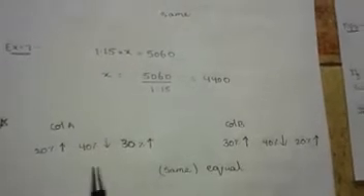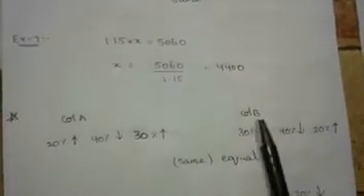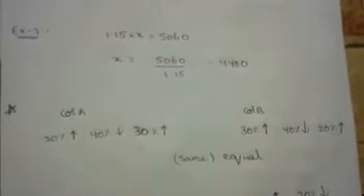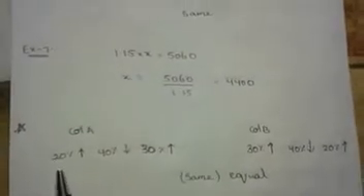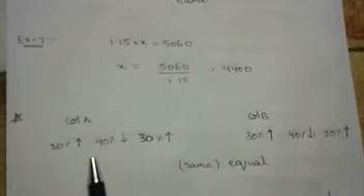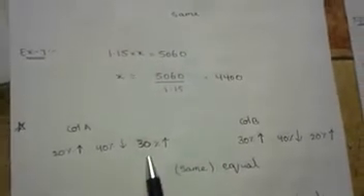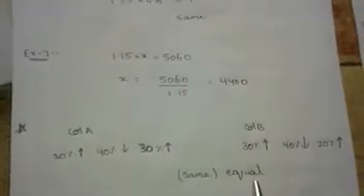So what do you have to do? The first thing you can do is assume a value and then do all these calculations, but that's a waste of time. Let me tell you a tip. Here the numbers present are 20, 40 and 30. The same numbers are present here. Now let us look at what is happening. 20 is increasing here and 20 is also increasing here. 40 is decreasing here and 40 is decreasing here. 30 is increasing here and 30 is increasing here. So the resultant value would be the same. We need not calculate it.